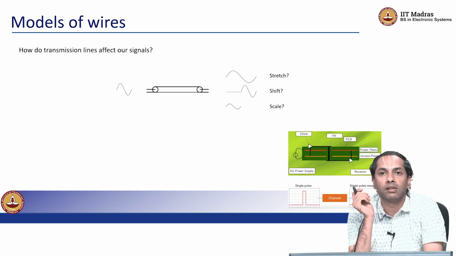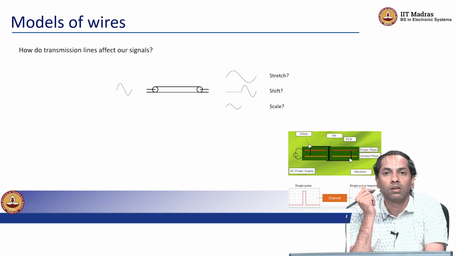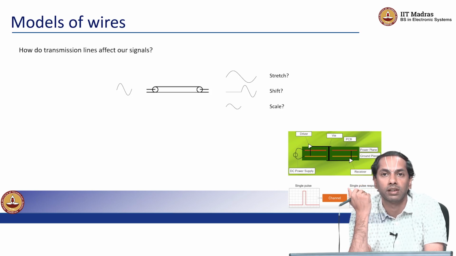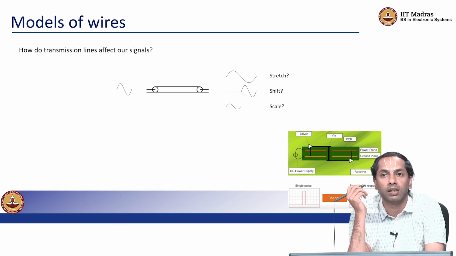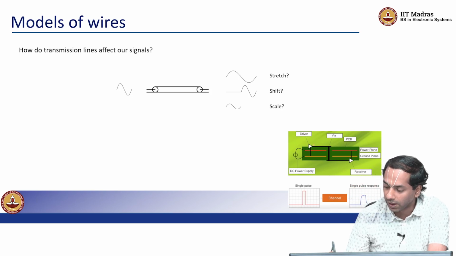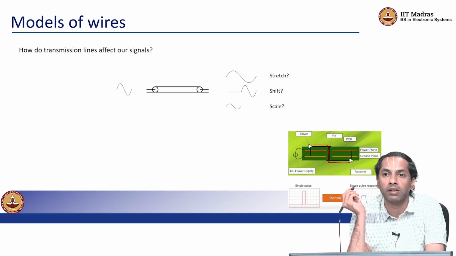So, now the question is, how do we model this pair of wires? First we need to know what this pair of wires is doing. Recall the very first video in the introduction, where I motivated you by showing some real world examples of circuits that don't seem to fit into our traditional notion of circuits, where I said that I was simply trying to communicate a piece of information as a voltage waveform from the driver to the receiver,